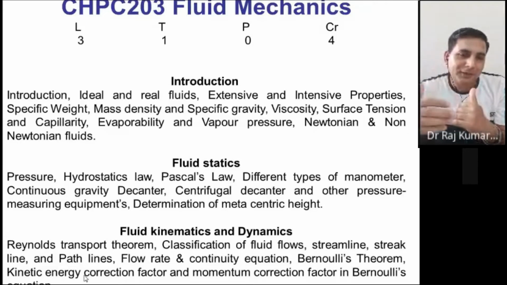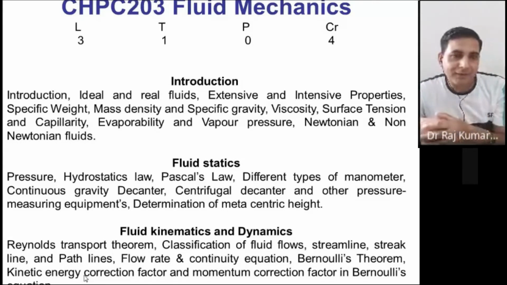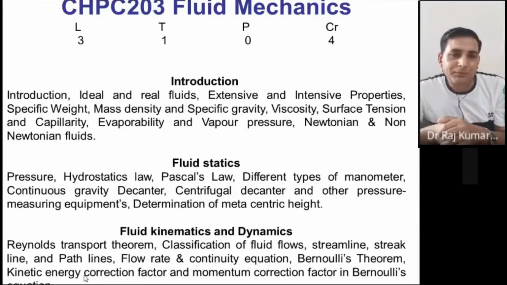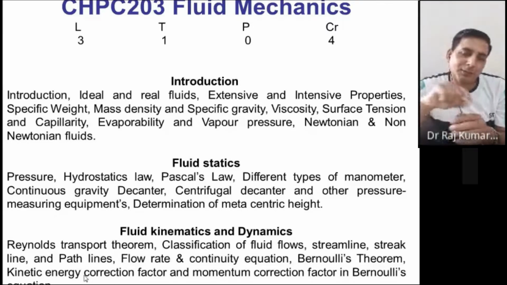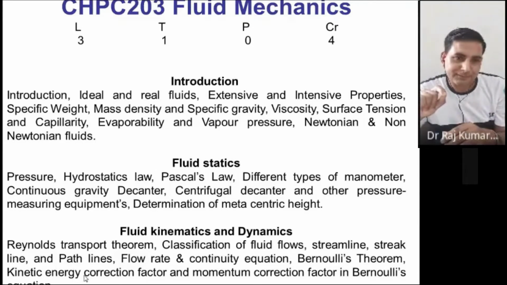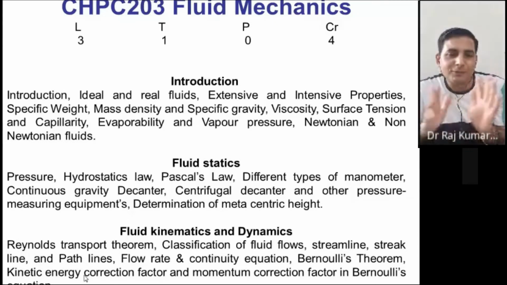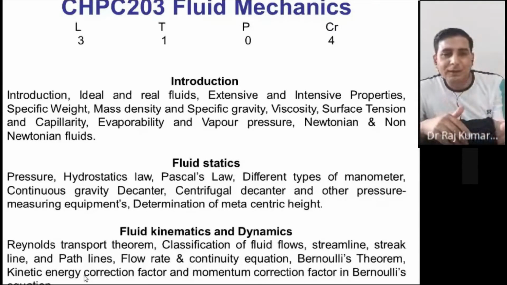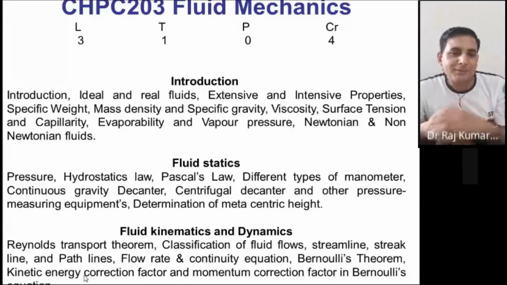At the center it is something else and at the edges it is different. Now you will put a meter inside that particular tube and measure the velocity across the cross section. You can have an infinite number of sections, so an infinite number of velocities. For each section you calculate half mv square, then integrate over the entire cross section. That would be the actual kinetic energy of the flowing fluid. That actual value divided by the one based on the average velocity gives you the kinetic energy correction factor.